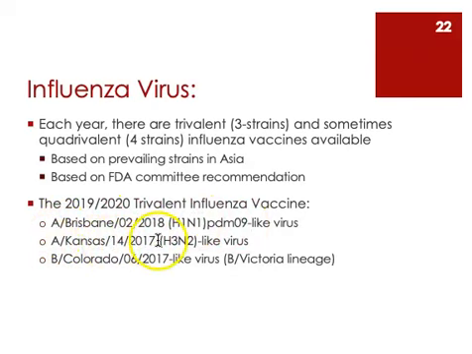The second one was A/Kansas, emerged in 2017, again from a human host of origin. That was an H3N2 type. The third strain was an influenza B type that emerged out of Colorado in 2017 and was the B/Victoria strain. Very complex naming system for influenza. But again, it's because there are so many individual strains of influenza, and there are new ones emerging all the time because of mutation.